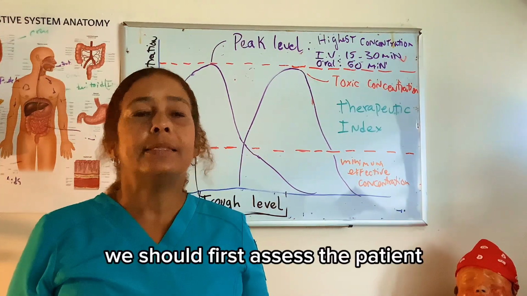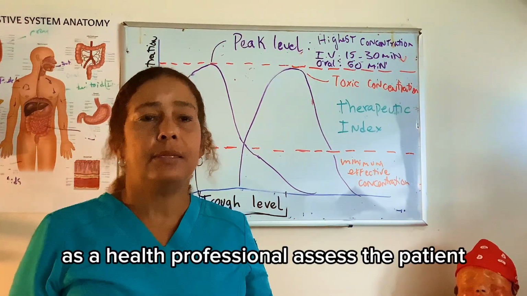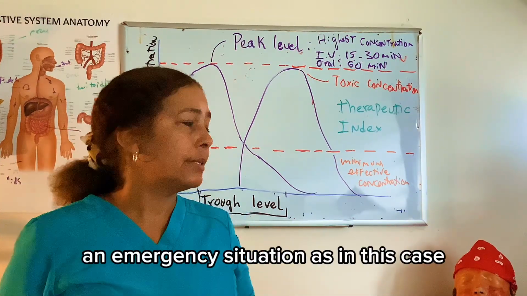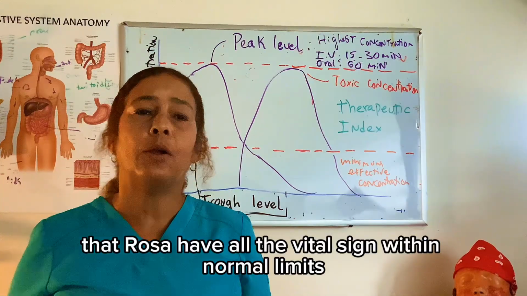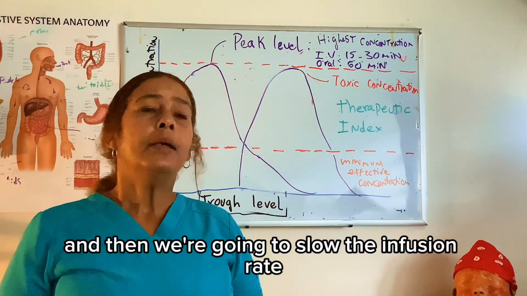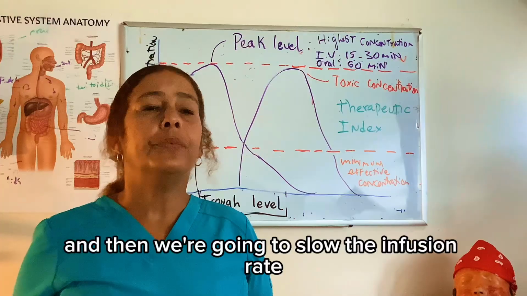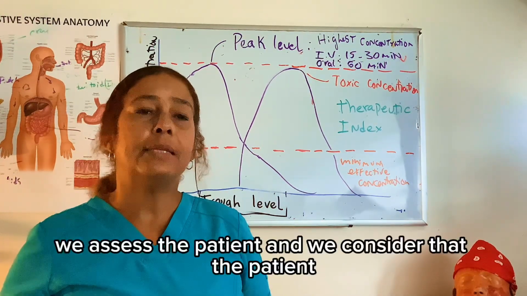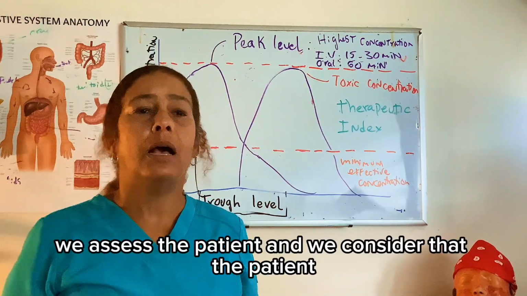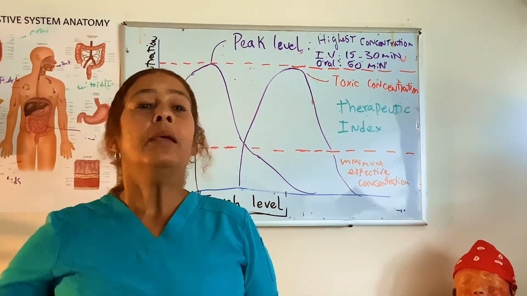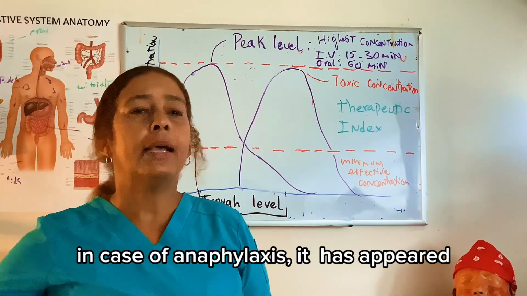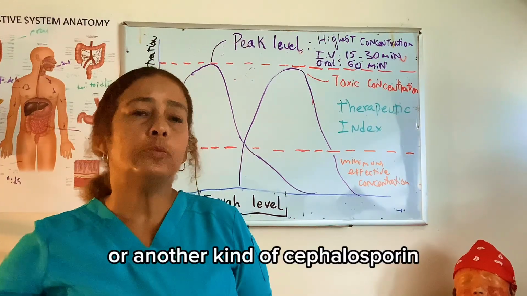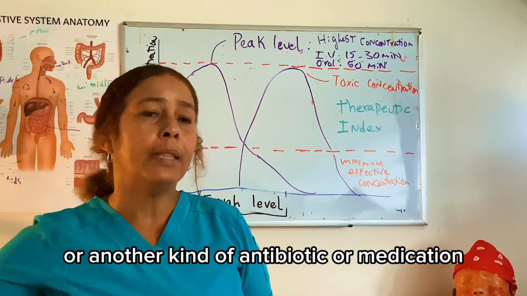We should first assess the patient as a health professional, in order to rule out an emergency situation, as in this case, where Rosa has all vital signs within normal limits. Then we slow the infusion rate once we assess the patient and consider there is no life-threatening situation. In case anaphylaxis has appeared, for example as a reaction to penicillin or another kind of cephalosporin or other antibiotic or medication,